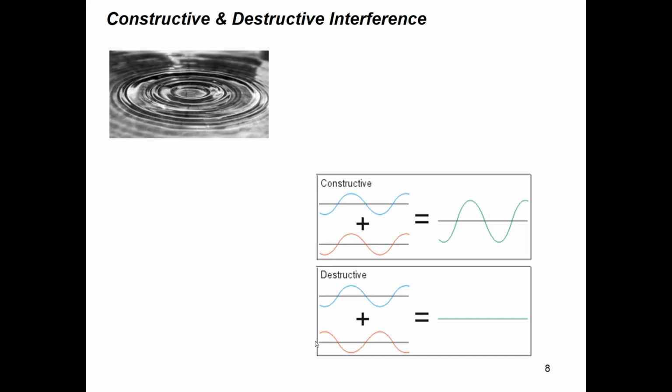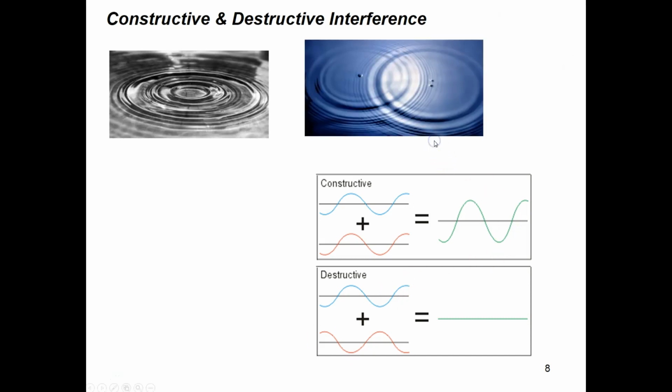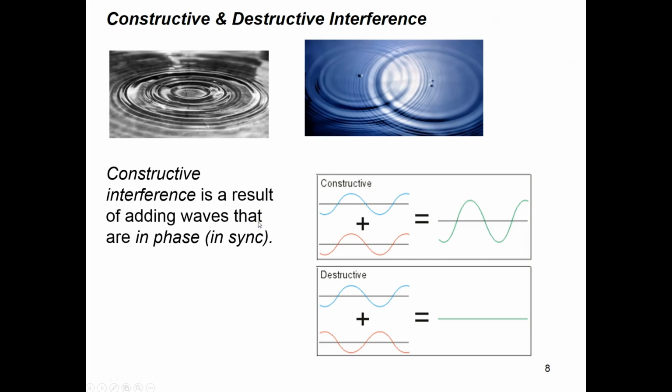So one of the ways that waves behave is how they can interact with one another. You can sort of think of the waves that are created when you drop a pebble into the water. Or you can think of it as when you drop two pebbles side by side, these waves that start coming out, they're going to interact with one another. And so the way they interact, they can either